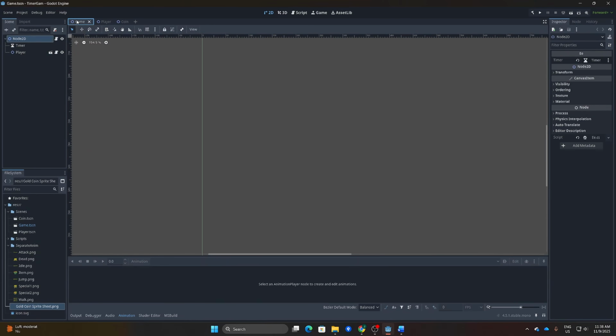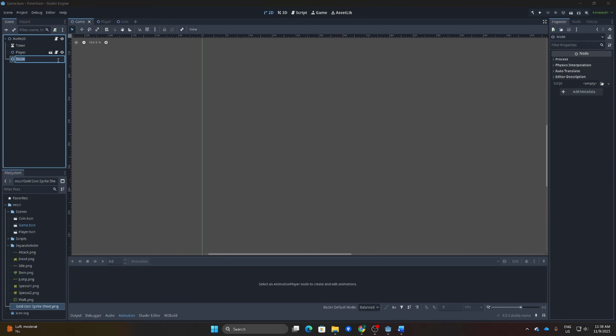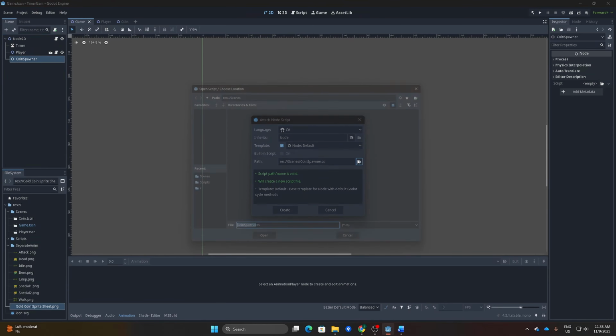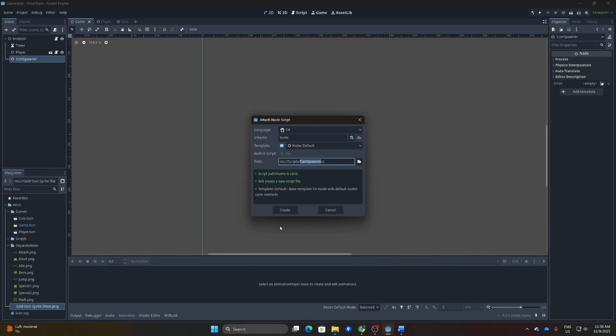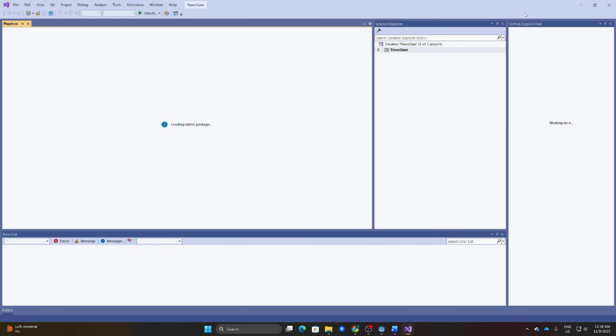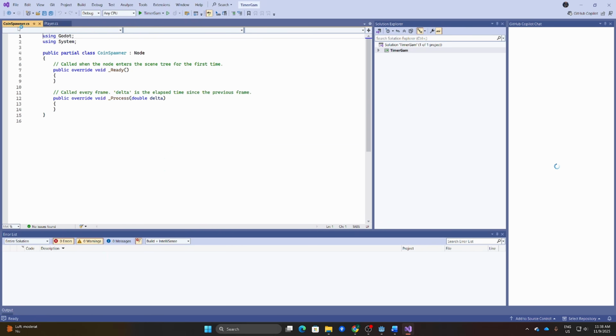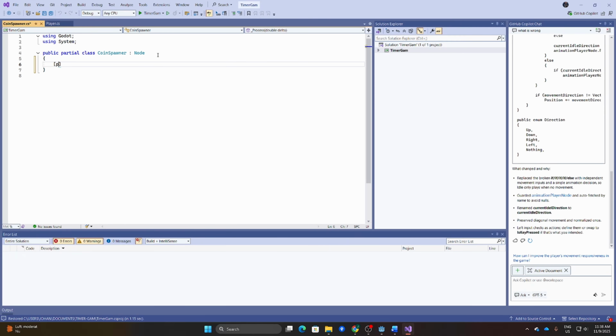Now let's go into the game and create the node for having the spawner script on it. So let's create a node and call it coin spawner. Let's add a script called coin spawner and let's put it into scripts. Let's open and put it into C# and create. And here we can just delete the methods and export a timer for when we have to spawn one more coin.